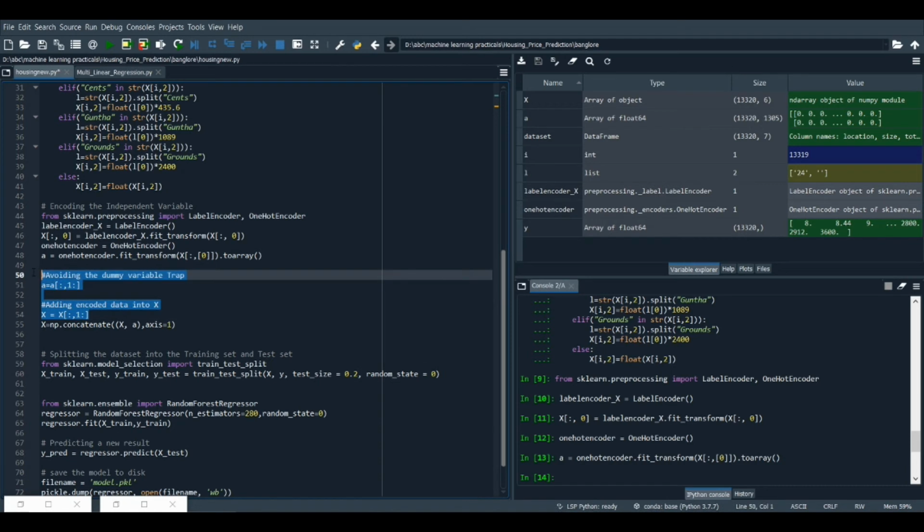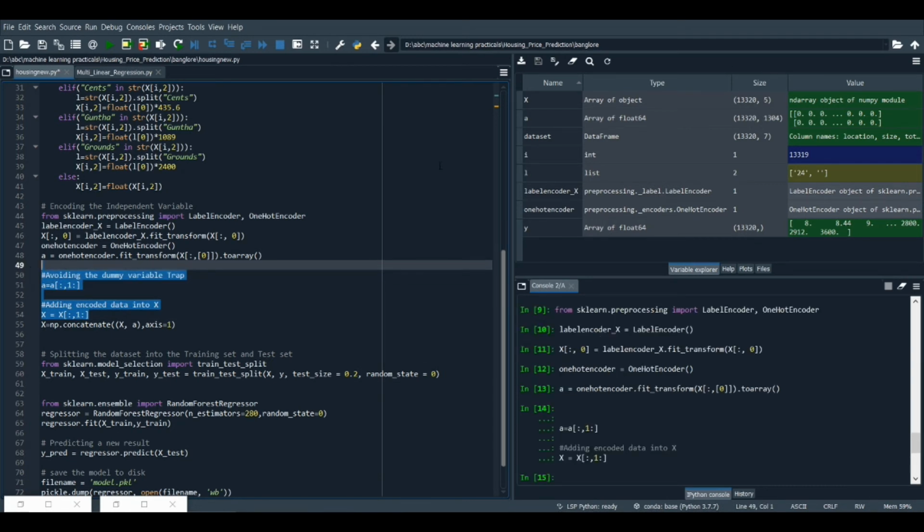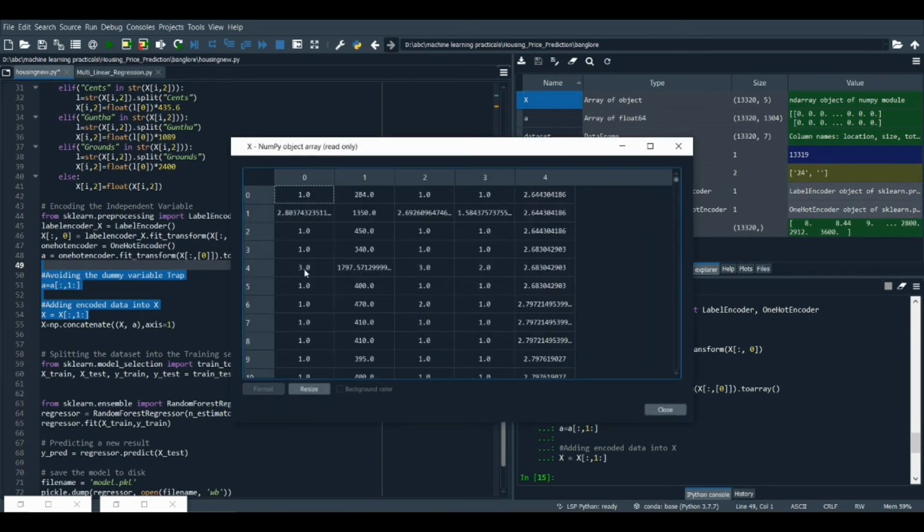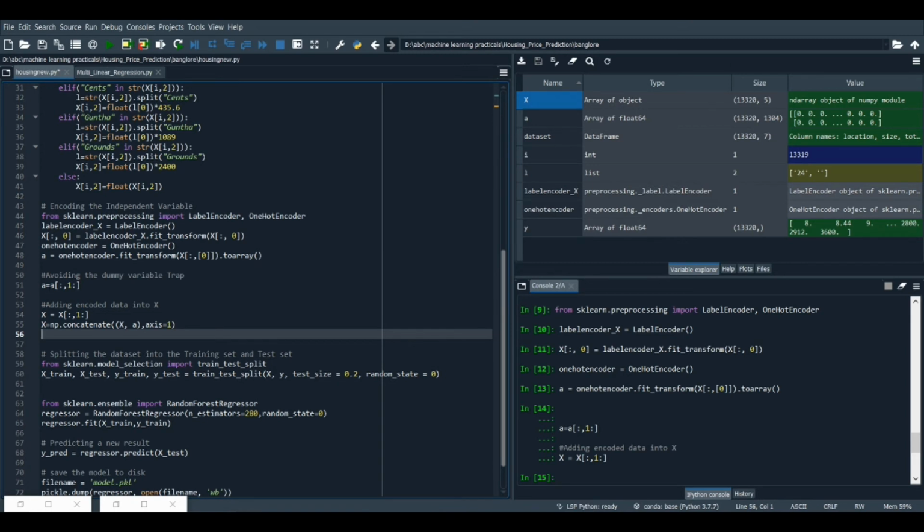After executing this line of code, you can see that the shape of a is now 1304, that is one less than the previous, and now X doesn't have the 0th column. Now we are going to concatenate X with the temporary variable a. So we are going to use X is equal to np.concatenate.